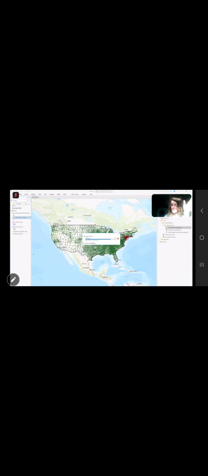Remember, now we're doing analysis. Projection really, really matters. We're going beyond just looking at the stuff on a map and just being able to get it to show up in the right place, right? We're doing analysis at this point. Okay, so now we have US counties PCS, we have US counties original. Let's remove this original from our map so that we don't mess with it.